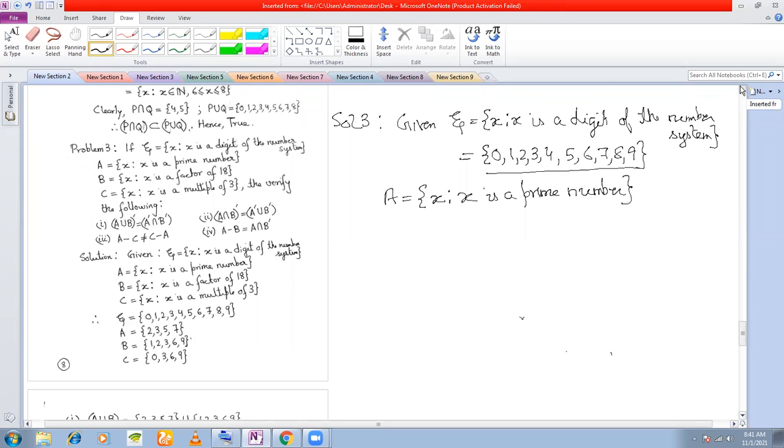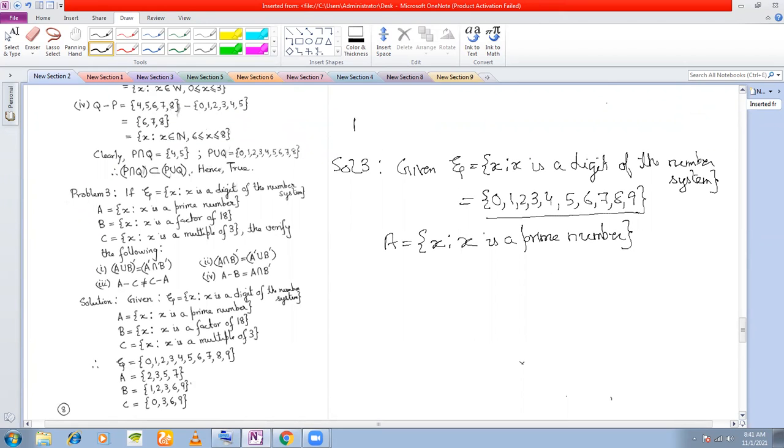If you don't know, take a note that the numbers 0 to 9 are called Hindu Arabic numerals. Hindu Arabic numerals. 0 is an invention from India. Clear with this? Okay.